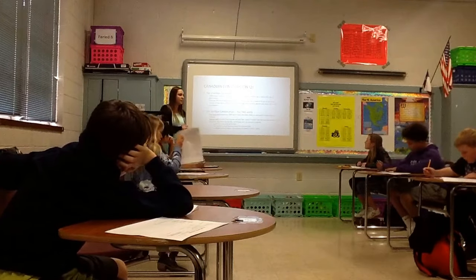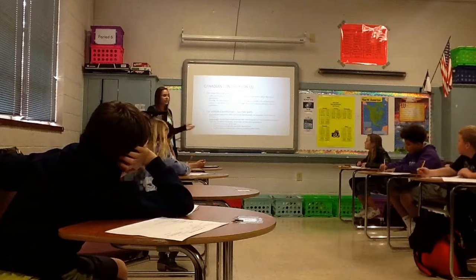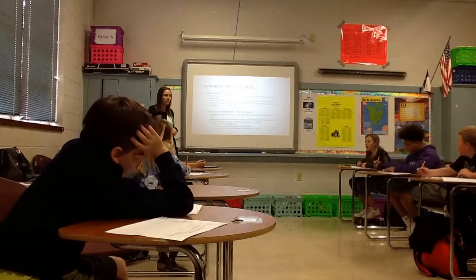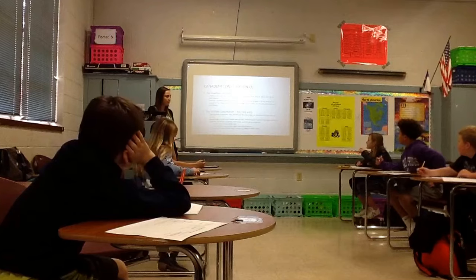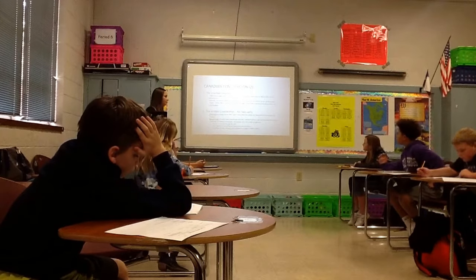So if the House of Commons does not agree with the Prime Minister or support them, then they can vote him or her out, the Prime Minister. Can you say that again? I got lost. So an example of an unwritten rule in the unwritten Constitution is if the House of Commons doesn't support the Prime Minister, then they can vote the Prime Minister out.